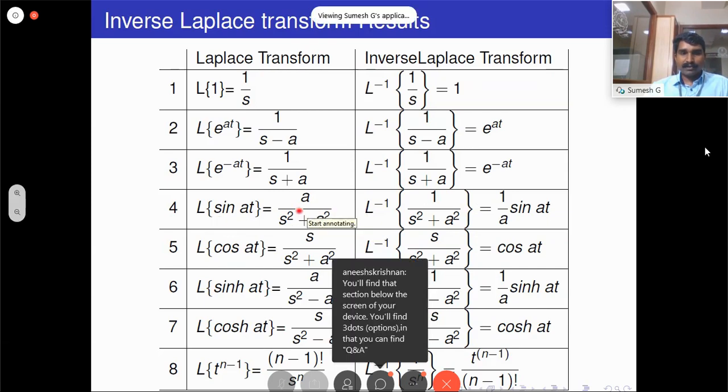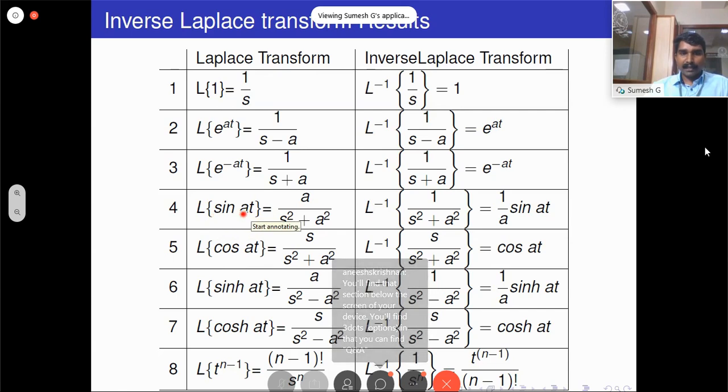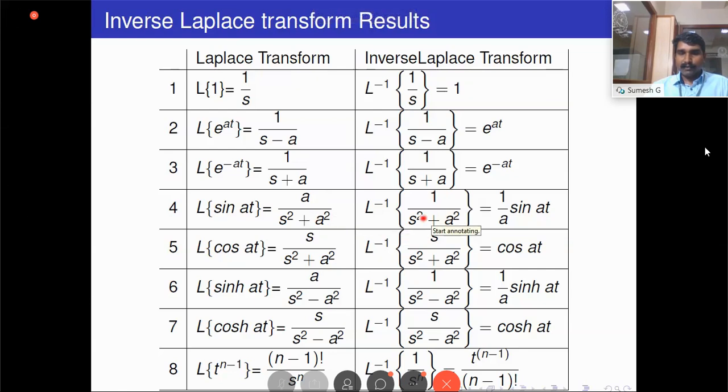Here we can divide both sides by a. So left side becomes 1 by a sin at equal to 1 by s square plus a square. So this gives inverse of 1 by s square plus a square is 1 by a sin at. Fifth one, we have Laplace transform of cos at is s by s square plus a square. Therefore, inverse of s by s square plus a square equal to cos at. Sixth result,